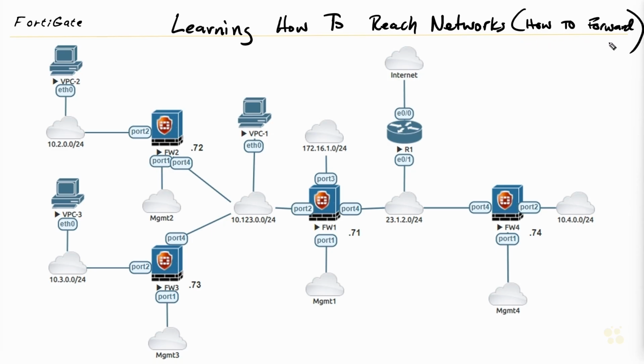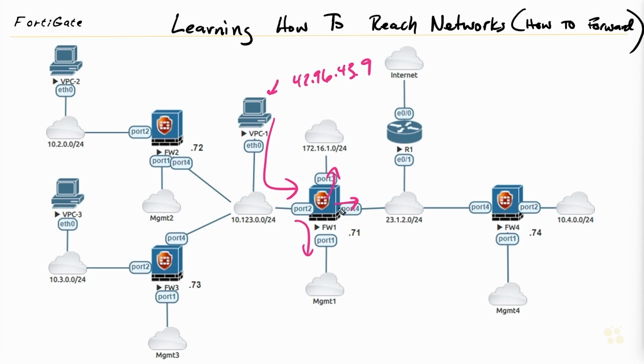So let's say, for example, this device right here sends a packet to 42.96.43.9, that IP address. When that packet is forwarded from the client to its default gateway, which is in this case Firewall 1, it then needs to make a routing decision. It's going to consult its routing table and say, how do I forward it? Do I forward it down this way or this way or this way? And not only which interface are we going to use, but also what is the next hop going to be